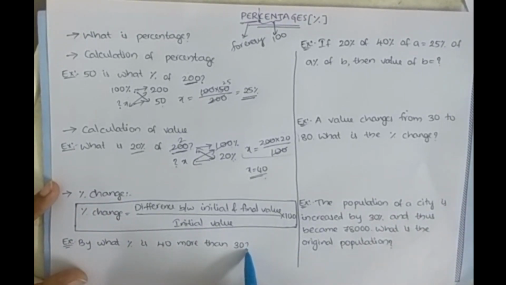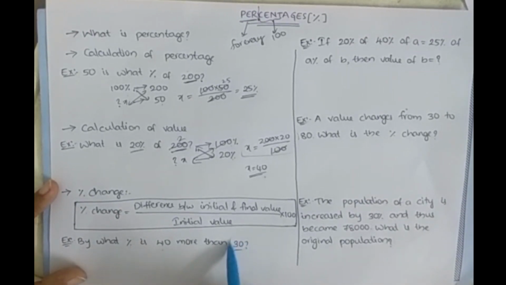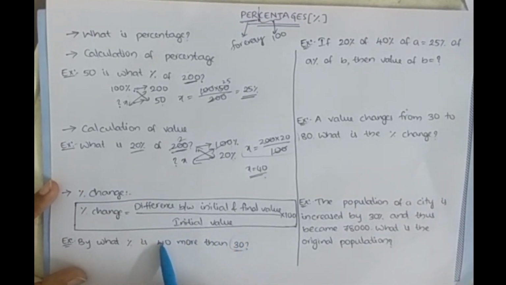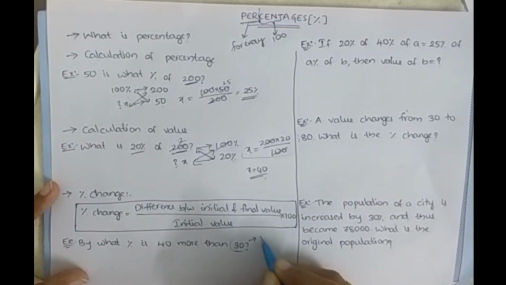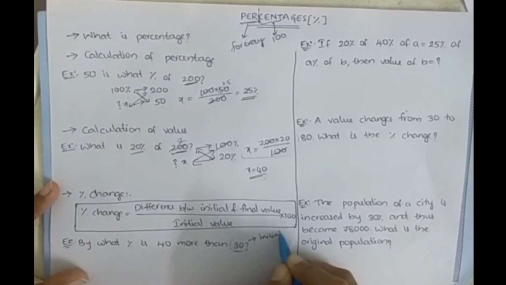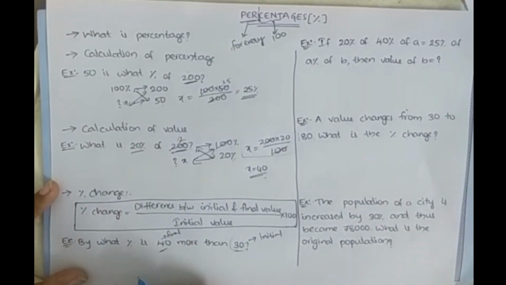So you have some value, you have the price of something, for example its price is 30. When it is increased to 40, what is the percentage change is asked. That means first its value is 30, then from 30 it is changed to 40, then what is the percentage difference. So if you observe here, 30 is the initial value and 40 is the final value. Be careful while identifying the initial and final values.